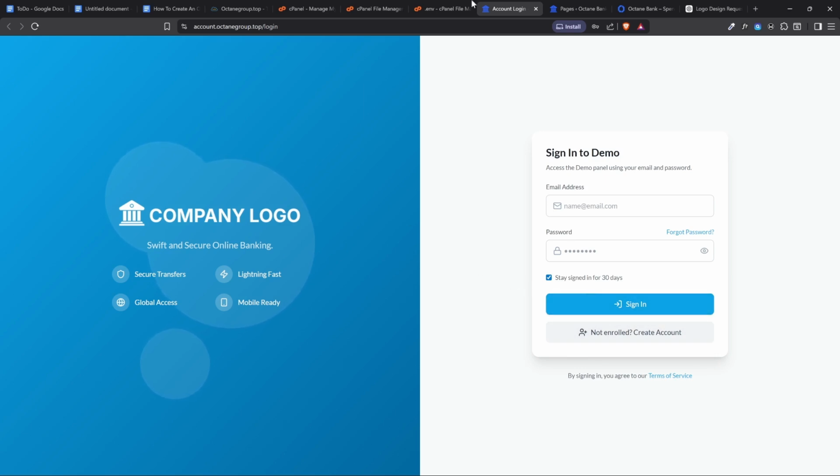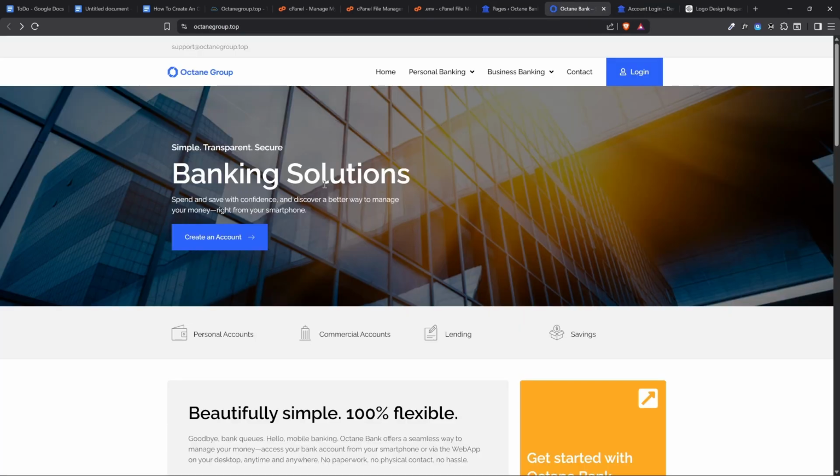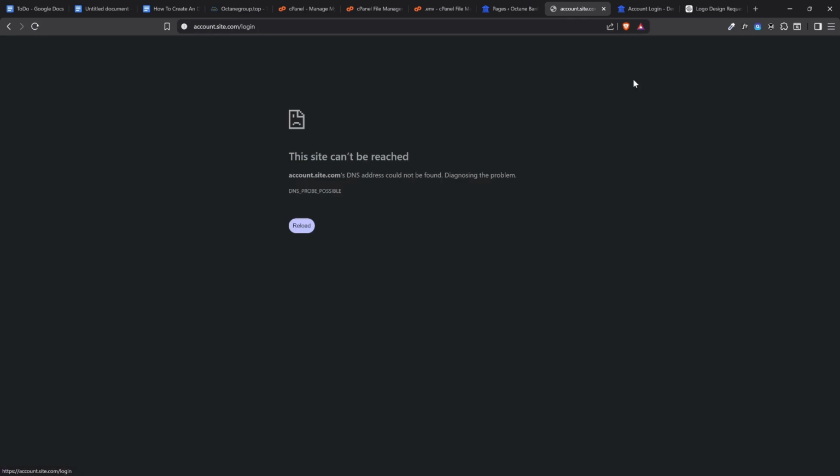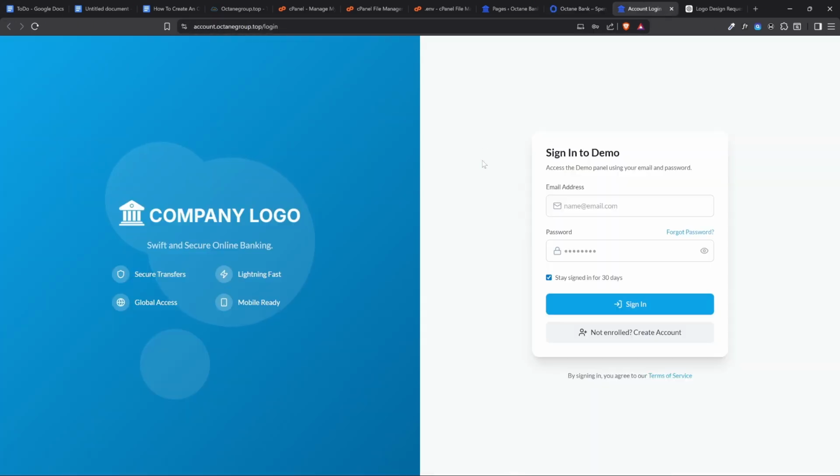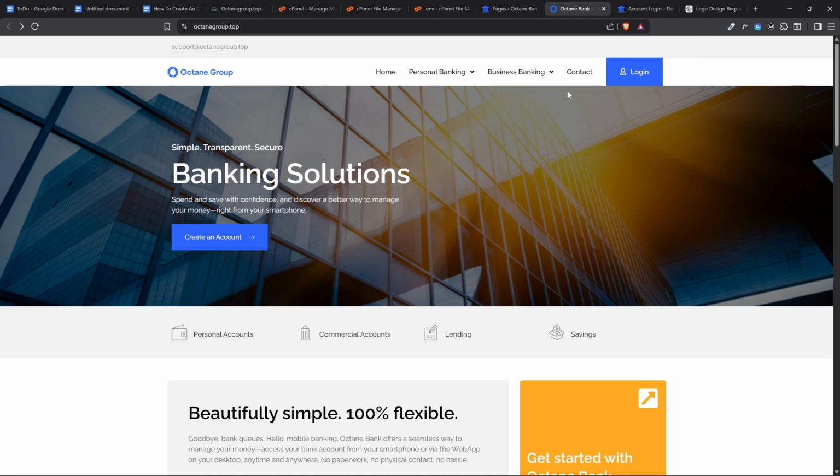Okay, so let me just put this here. But now if we come to our main website, octanegroup.com.top for me, even if I click this login, that is still not going to work. That is because I've set up this dashboard. Look at this link that is here, account.octanegroup.top/login. I've set up this dashboard, but I've not yet linked it to my